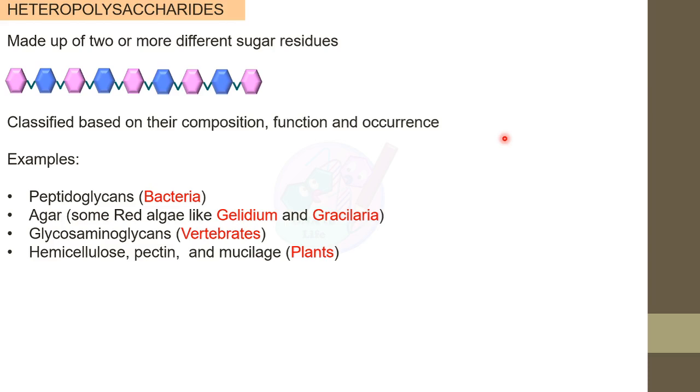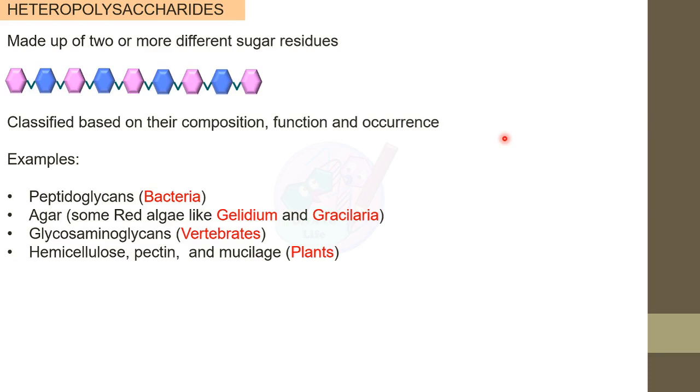Like we have already discussed about homopolysaccharides. In homopolysaccharides, only a single type of sugar is present. For example, we discussed cellulose and glycogen, all of which are polymers of glucose only. So they were homopolysaccharides. In heteropolysaccharides, we will talk about the polysaccharides which are made up of two or more